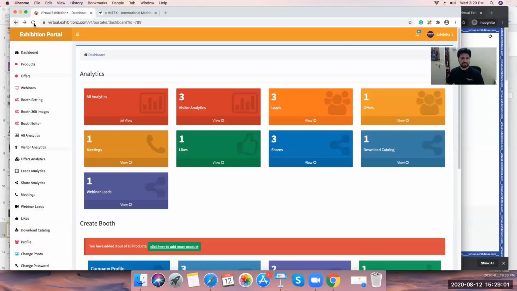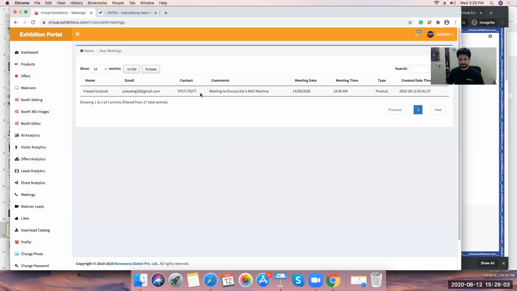How does the exhibitor accept and reject such meetings? How many types of login do you have? We have a separate login for visitor, exhibitor, and organizer.